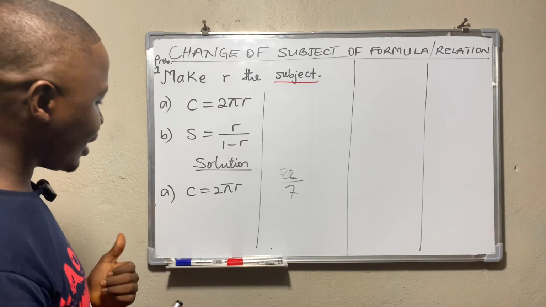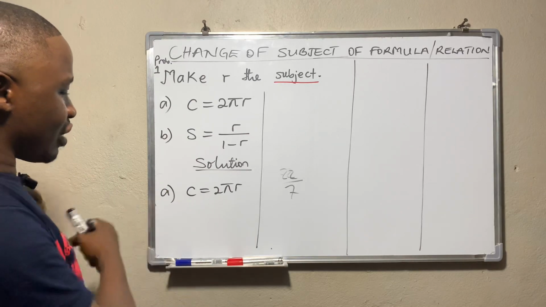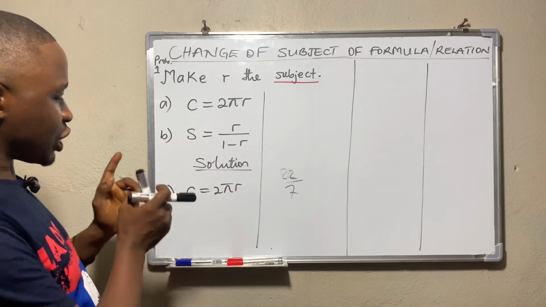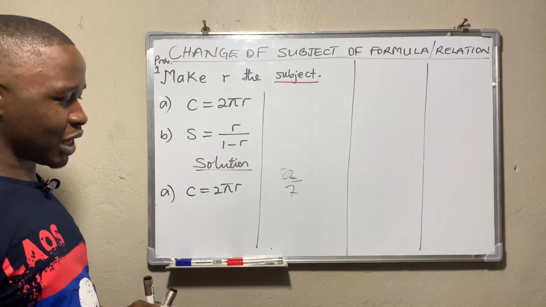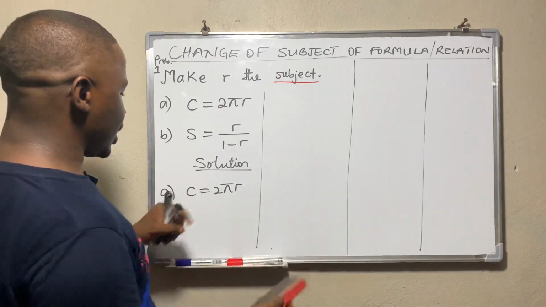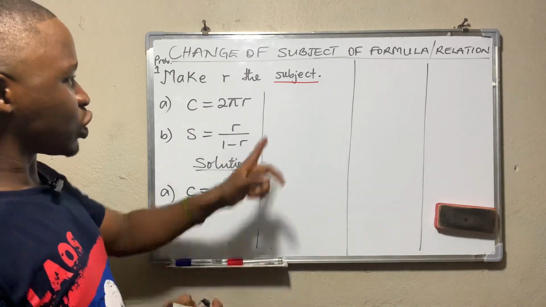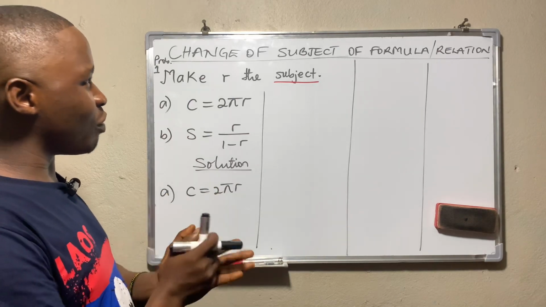C, on the other side, is standing alone on its side, that is on the left-hand side. So we can conclude that currently C is the subject of this relation. C is the subject of this formula. So because of that, we can say C is the subject. Okay. Now, having understood the meaning of the word subject in algebra, in relations or in formulae, now we